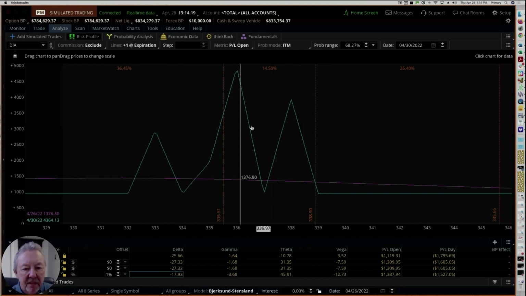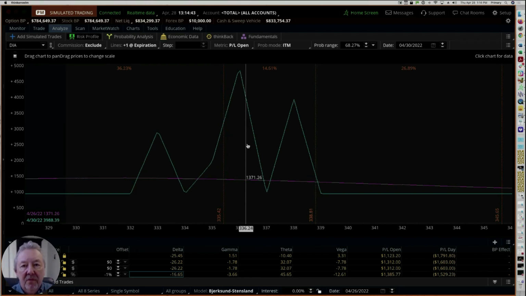But these commissions, now this particular trade right here that I have that expires tomorrow, the commissions on this were $120. I have 12 legs, and I have $120 in commissions because I'm using Tastyworks, not Thinkorswim. I'm only using this for demo purposes, because they have a nice analysis graph and risk profile. So I paid a $10 commission on each leg, plus 10 cents a contract, so it was another $20 to $30.